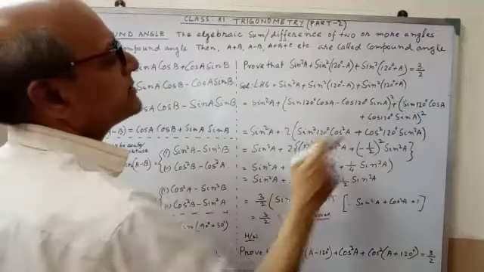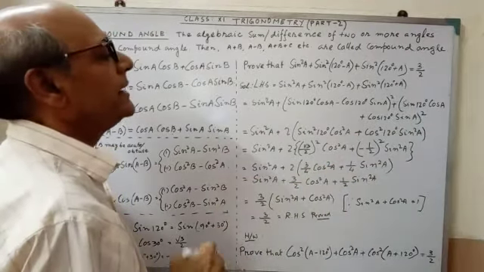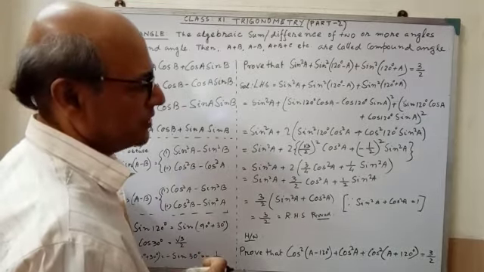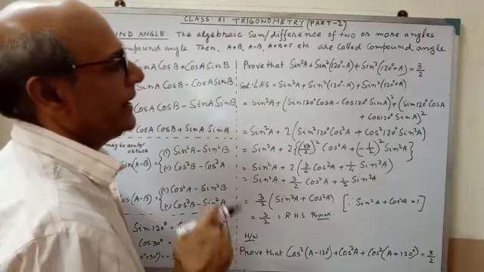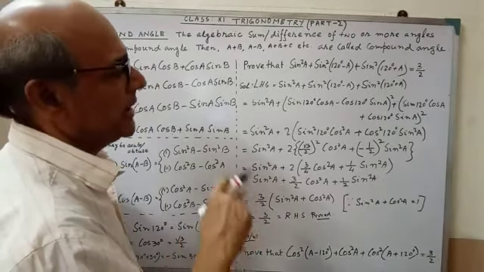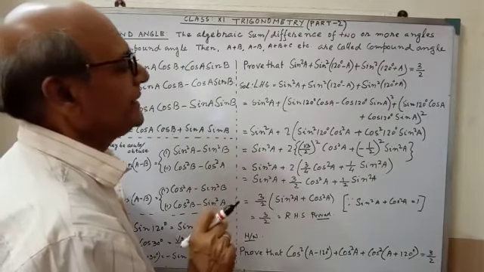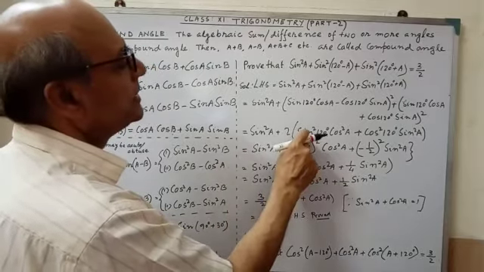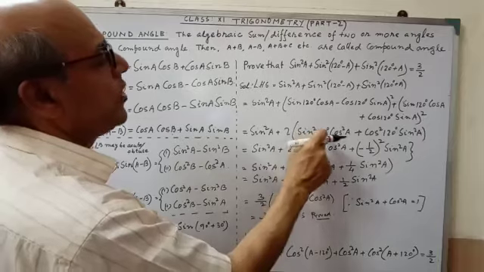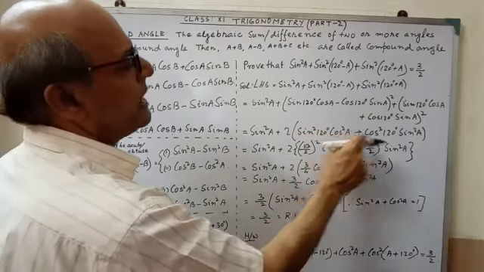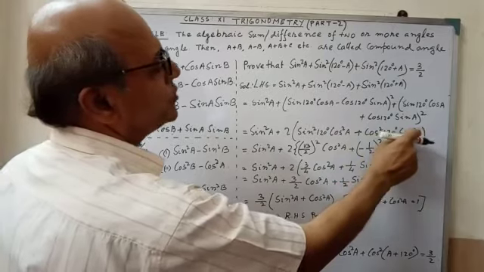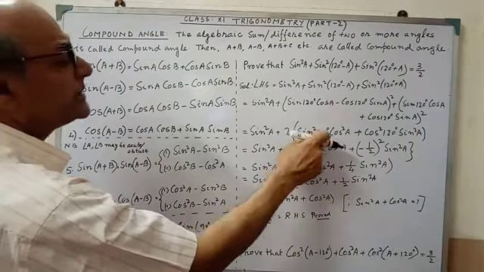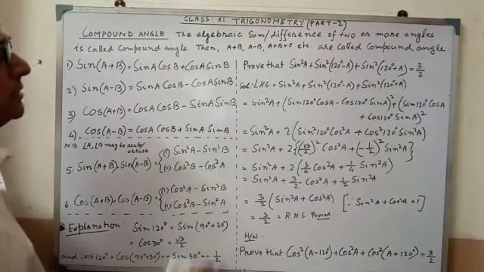By looking at this expression, we may go back to the previous classes, that is (a plus b) whole square plus (a minus b) whole square, that you have learned. By combining these two, we are getting 2 into (a square plus b square). By applying that, we are getting 2 into [sin square 120 degree into cos square A plus cos square 120 degree into sin square A]. After that, how will you get the value of 120 degree?